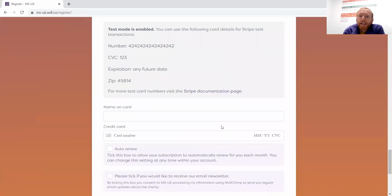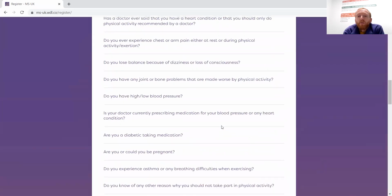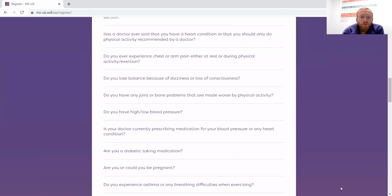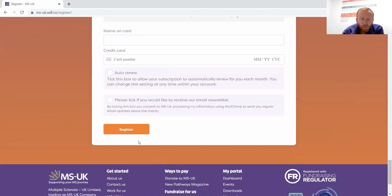We are probably looking to add some additional fields here that you'll complete on registration. This will be including things like demographic information that just lets us ensure that we're reaching as diverse a community as possible. So once you hit the register button at the bottom, scroll down again, it will then take you through to the confirmation screen. You'll receive an email, and then from there you'll be able to log into the portal and